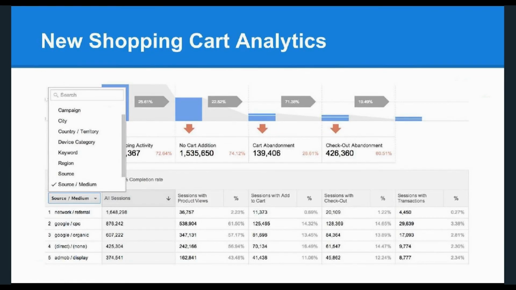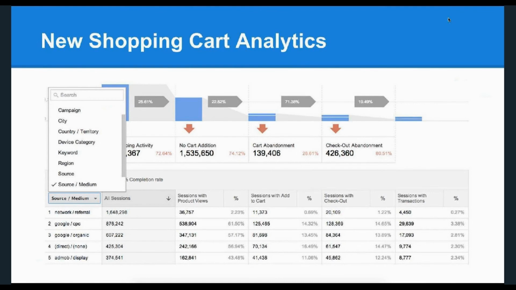Now, this helps not only from just understanding your customers and those performance metrics, so how many people are you bringing in through your marketing campaigns that are eventually converting, but it also helps from the site optimization side, where if you want to focus and you say, well, people are getting through to the checkout flow, they're getting to the shopping cart, but they're not buying, what are we missing? And it gives you an area to understand that.